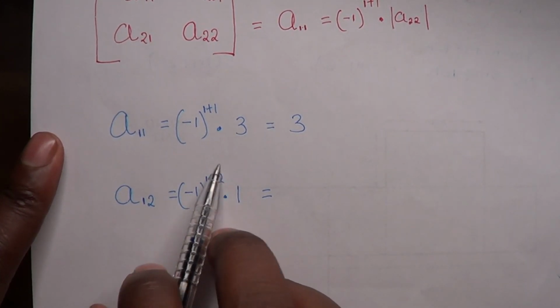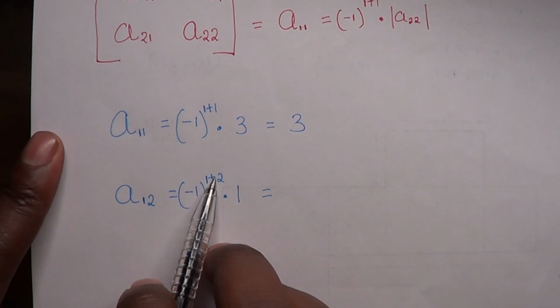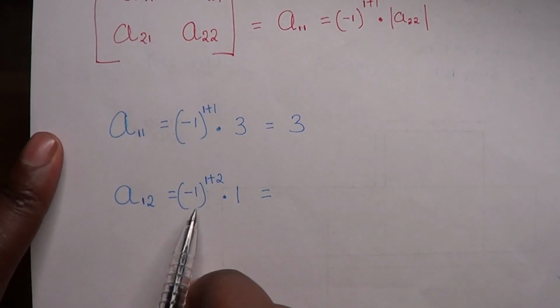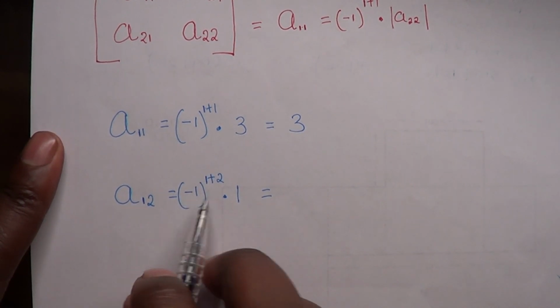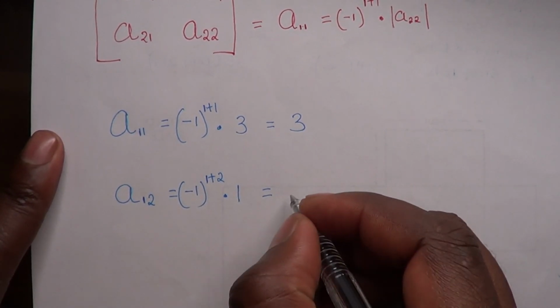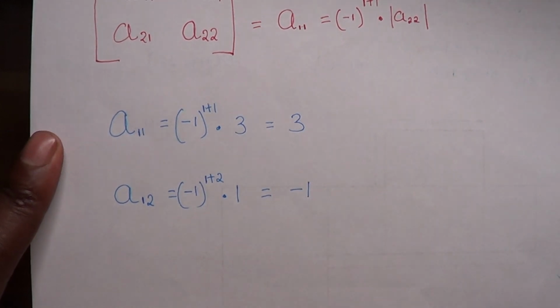Now negative 1 power 3, because negative to an odd power gives us negative. That's now negative 1. Negative 1 times 1, we get negative 1. So